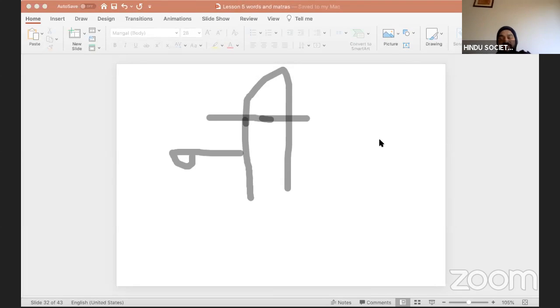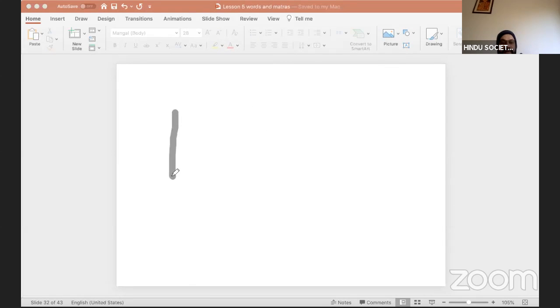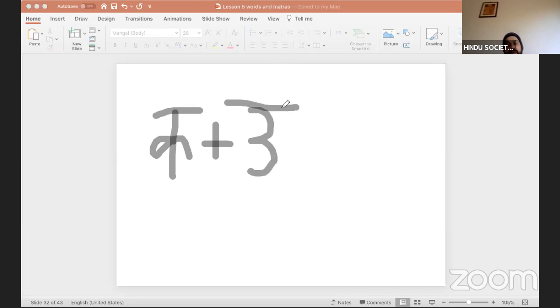What is the next vowel that we have to learn? E. Then? Oo. Yes, oo. So oo again is, hang on, let me delete this. Just give me a second. So if you take ka, this is the consonant ka, and we have to learn how to overlay the vowel oo with that, right? So if you take the pure form of ka, it becomes ik, and then ik plus oo is ku. When you want to write ku, the normal short vowel ku, you just write ka